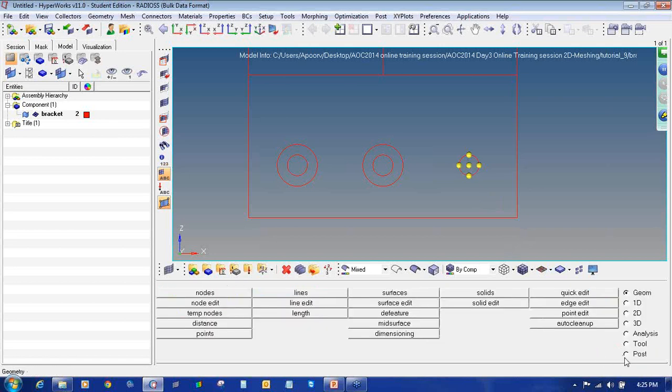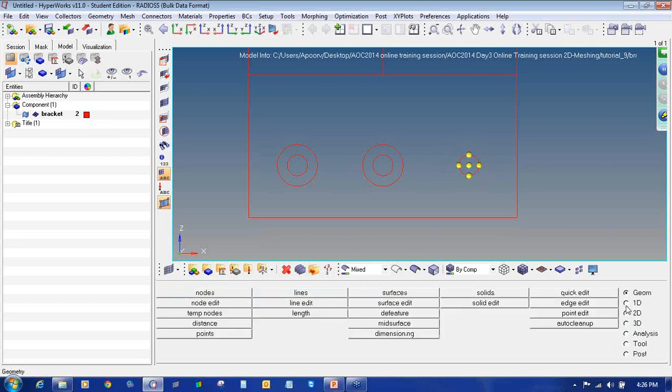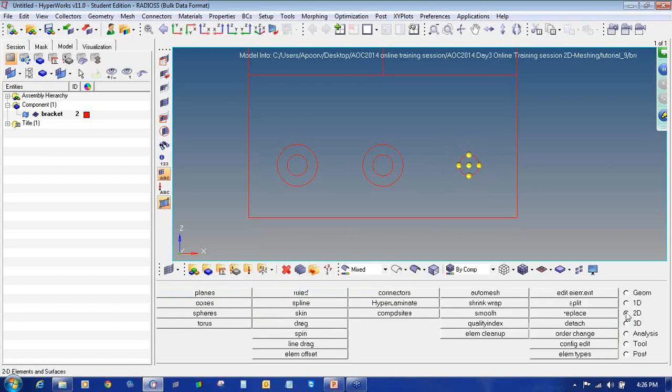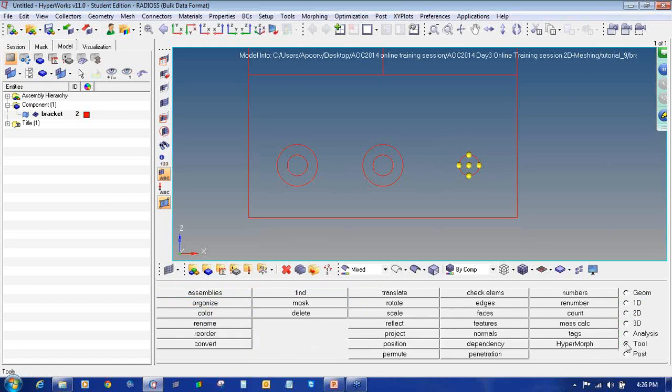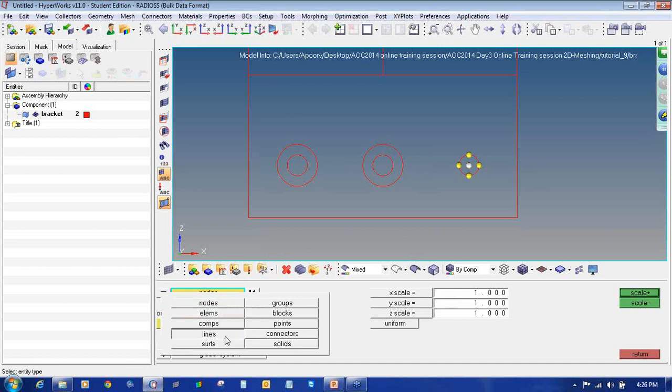Now to create a line we have 2 options. One, we can use the line panel, go to circle, select the node, select the axis on which I want to create the circle, enter the radius and say create. So it will get created. And the other option is go to tools, scale, select what you want to scale.